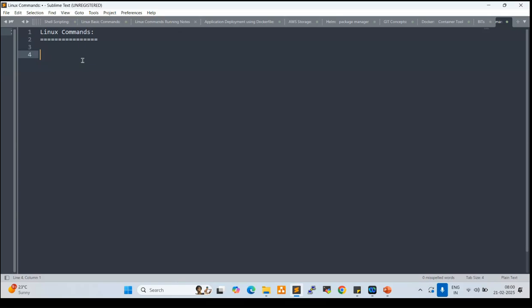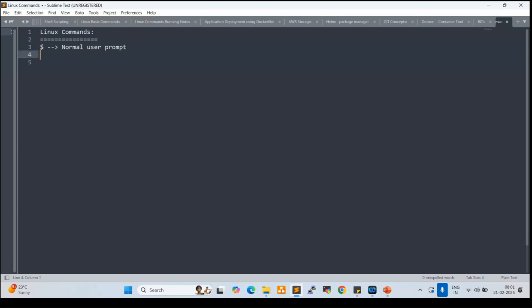But before going to that, normally when we log into the server, first of all we get a prompt, the dollar prompt, which is the normal user prompt. When we log into the Linux server, we get the dollar.